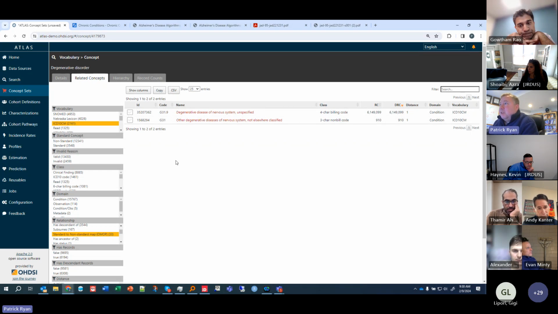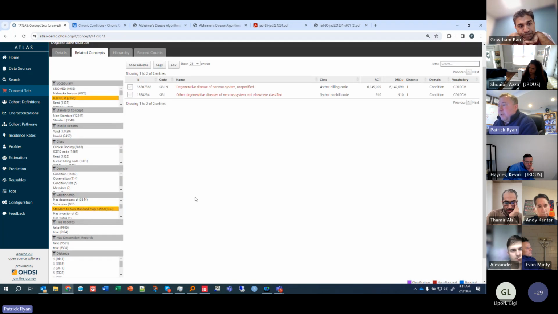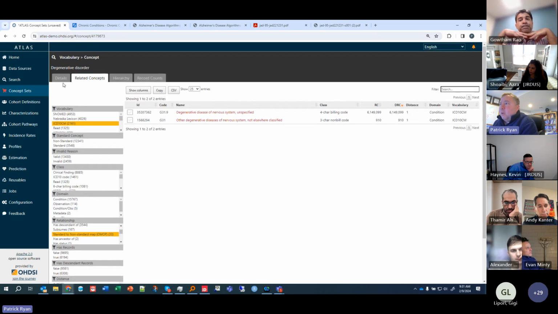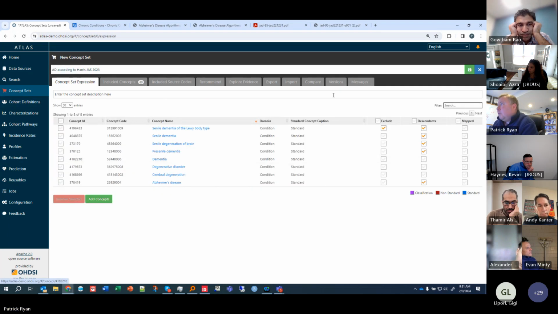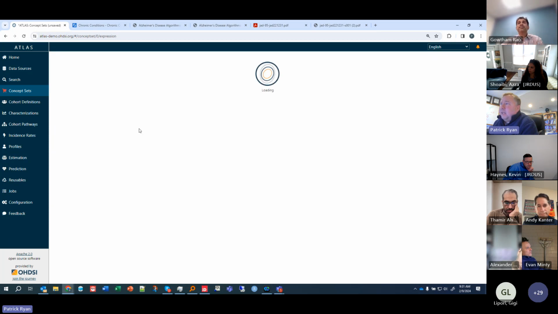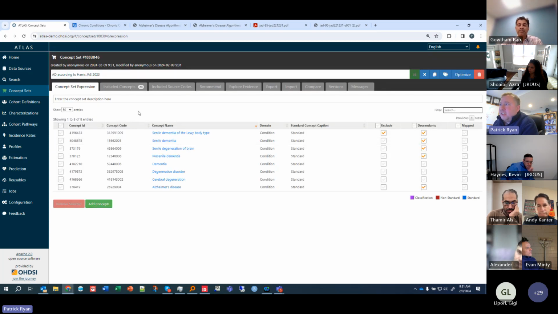So even though I wouldn't have on the surface, based on the words alone, been very comfortable with taking degenerative disorder, I now know I can pick this and pull in that one particular code that happened to be in that paper if my goal is just trying to faithfully represent that algorithm. And so now I have created a concept set, Alzheimer's disease according to Harris JAD 2023,